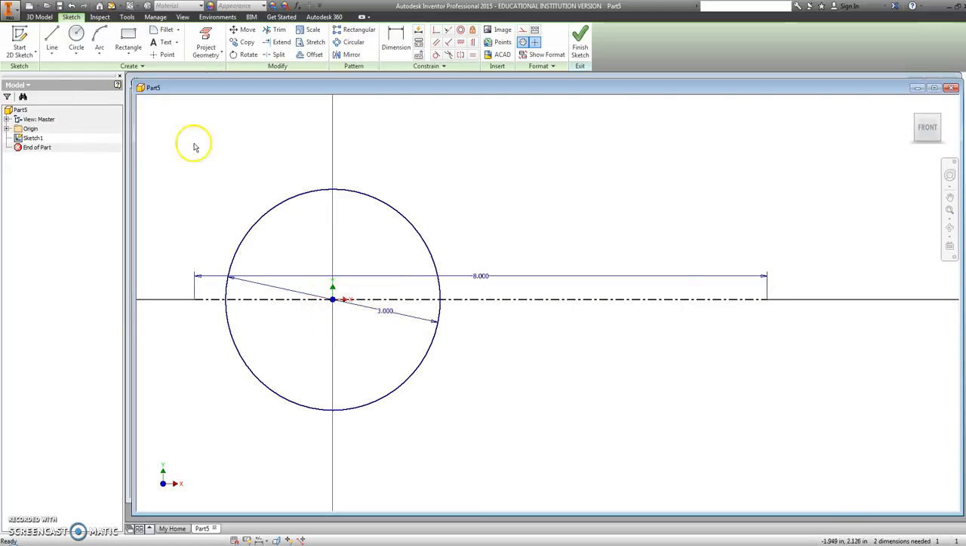Okay, so the next thing I'm going to do, now that I have that center line, I'm going to turn that center line off, and I'm going to offset this center line up. I'll offset that up 0.75. Okay, so you should already know this command. What I'm going to do now is I'm going to trim